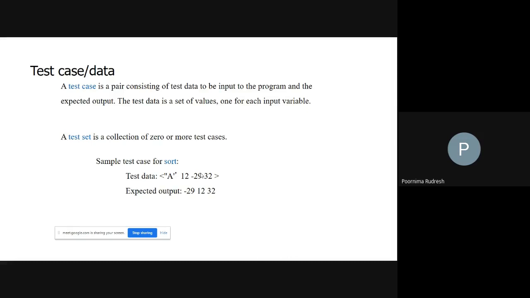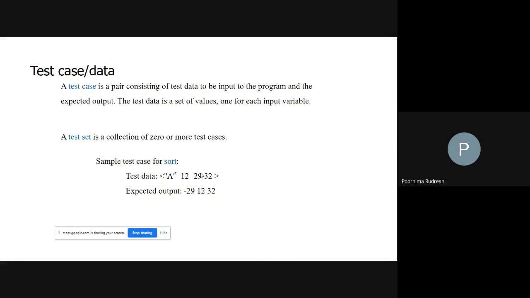Understood? Then what is test data? Test data is nothing but a set of values, one for each input variable. Suppose the program specifies: enter 2 integer numbers as A and B. For those A and B, I have to enter the values after executing the program.